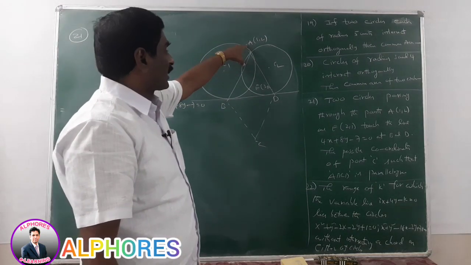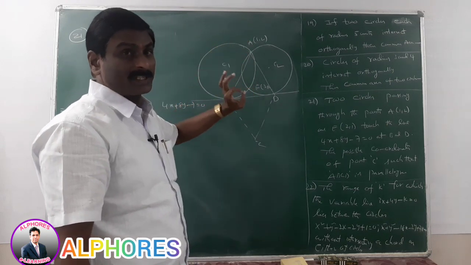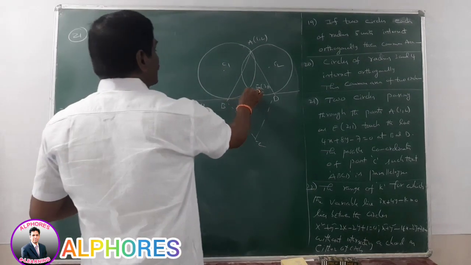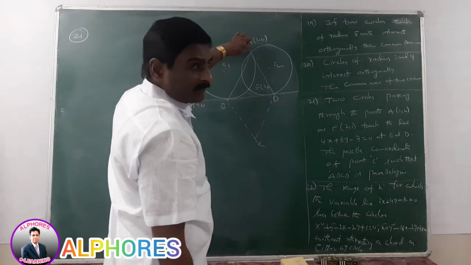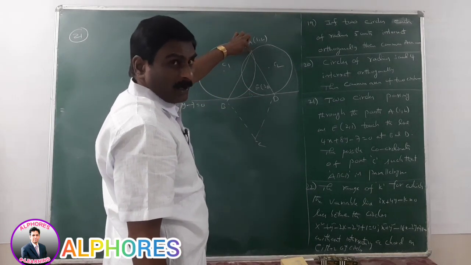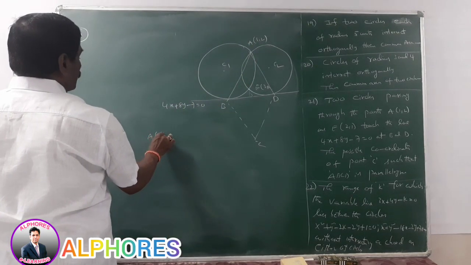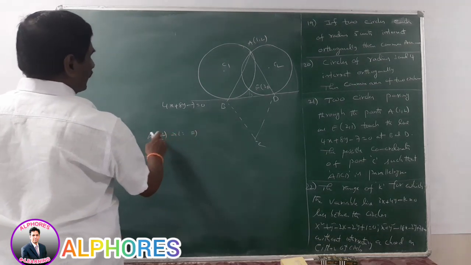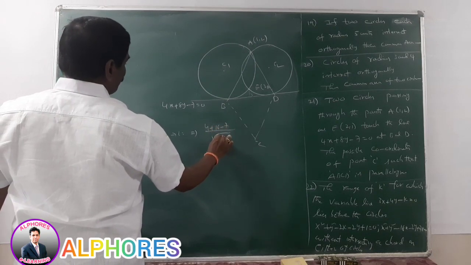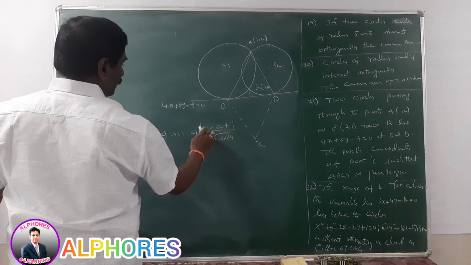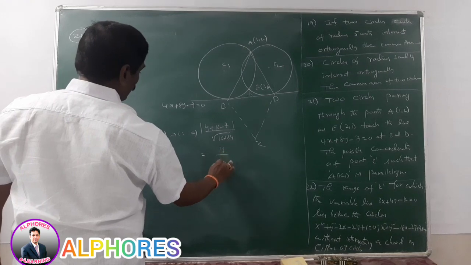These two circles are intersecting at A 1 comma 2, E 2 comma 1. Suppose E is here, 2 comma 1, or A is here; there are two possibilities. We check these values. What is the distance from E to this line, and the distance from A to this line? Which is more distance? Suppose the distance from A 1 comma 2 to the line L equal to 0, what is the perpendicular distance? Mod of 4 plus 16 minus 7 by root 16 plus 64. That means 20 minus 7, which is 13 by root of something.